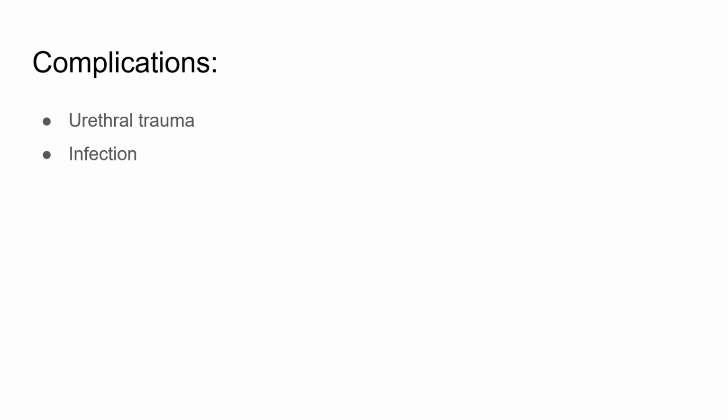So moving on with the complications. Urethral trauma is one complication, wherein if the catheter is not fully inserted into its position and in between it is inflated, in such a condition urethral rupture or urethral trauma occurs, which may end up as a urethral stricture. So stricture urethrae should not occur. That's why care has to be taken. At the same time, infection. As I said earlier, long-term catheterization is associated with an increased risk of urinary tract infection. So as far as possible, urethral catheterization should not be encouraged.